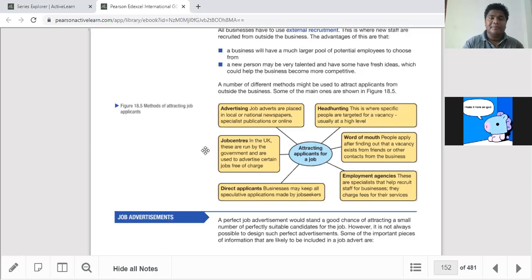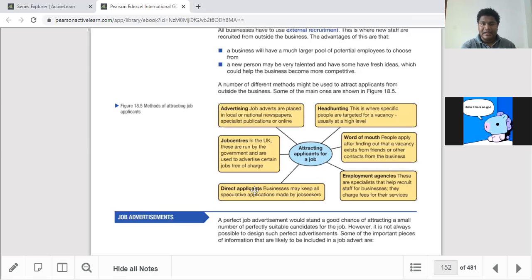Currently, what happens is that this job vacancy arrives at the job center from the bank, and they can call a person with banking experience and say, here we have got a job for you, you can go for an interview. That's a very contacting method. So there are certain varieties of methods. We are talking about 6 methods of attracting people for a job: advertising, headhunting, word of mouth, employment agencies,